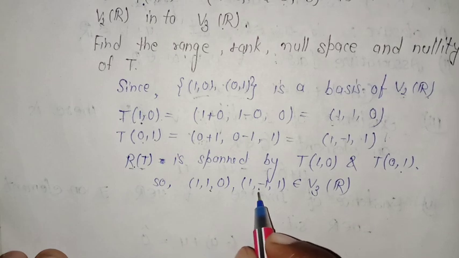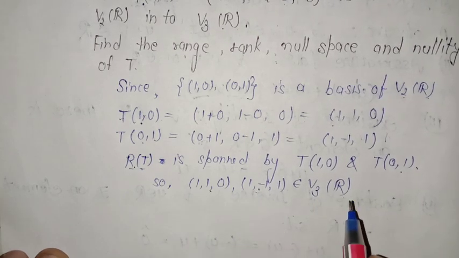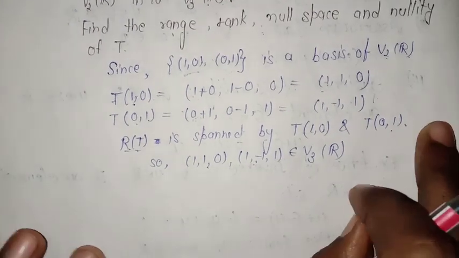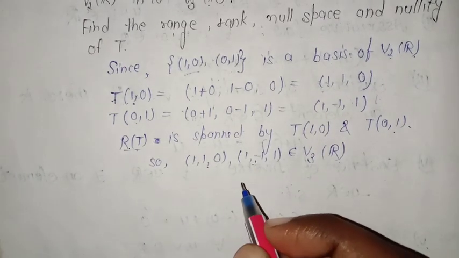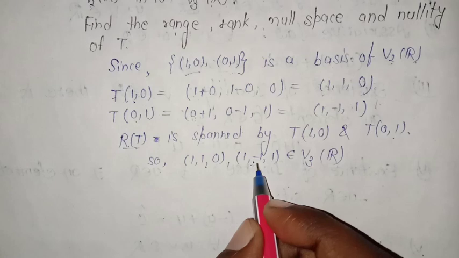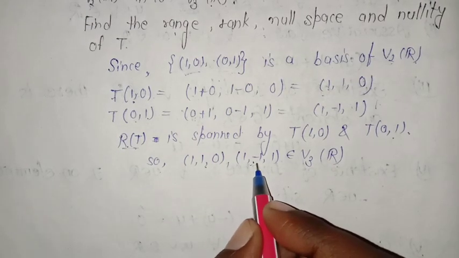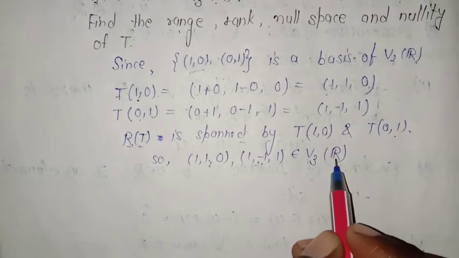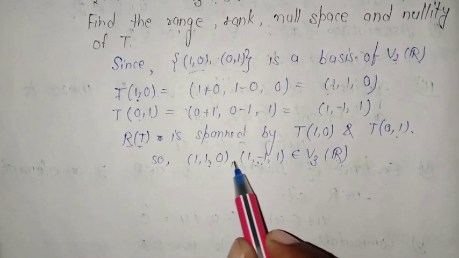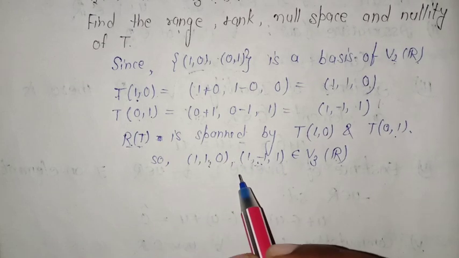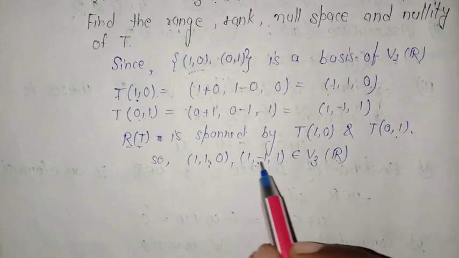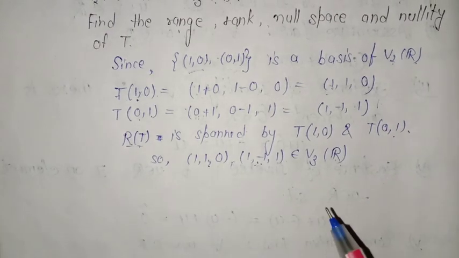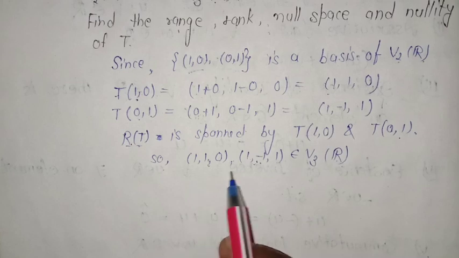So if they are LI and they are in V3 over R, they must form the basis for the vector space V3 over R. And the method to check whether it is LI or not, I have told you about that, so you can check it by yourself. They must form LI vectors. If you want to check, just consider two scalars from the set R, write them in a linear combination and equate it to the 0 vector. Just find the values of x and y, the scalars that you have chosen; they must be 0. So from here we can say that these two vectors are LI.